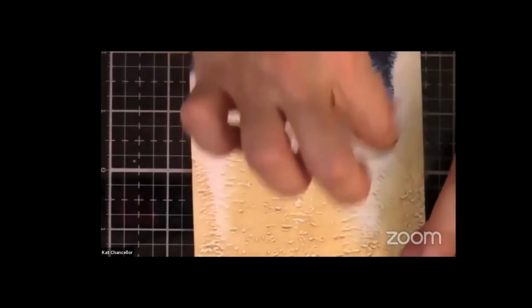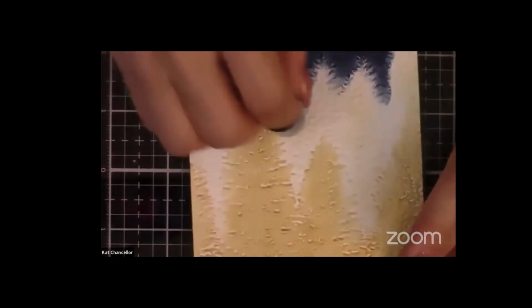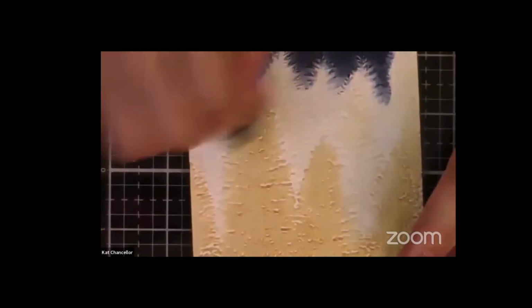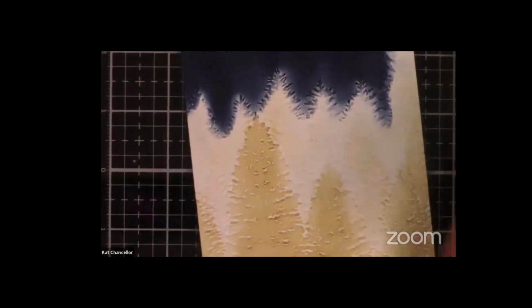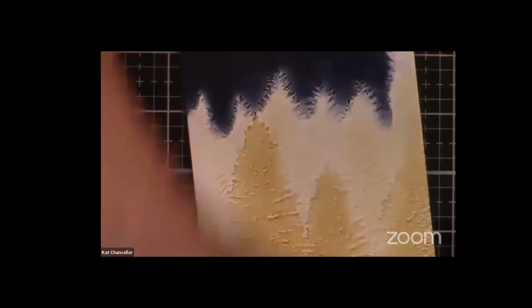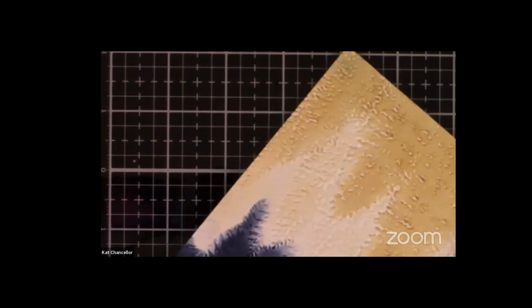I can very lightly, you see how I'm just kind of dabbing? I'm very lightly dabbing just to get a little bit of the color, just a hint of color on those back trees. Because the next thing I'm going to do is get a very thin paintbrush like this, and I'm going to